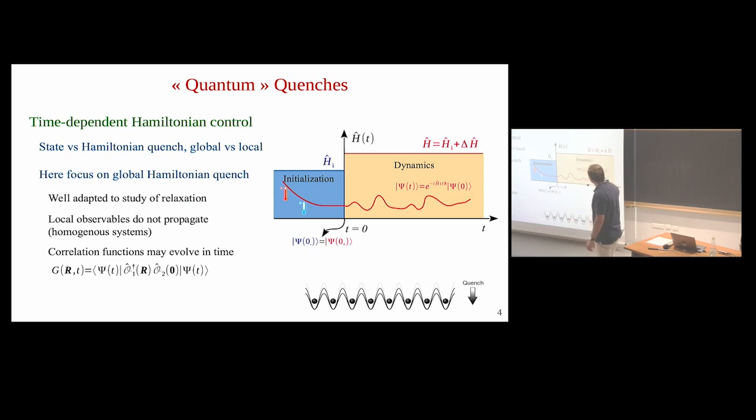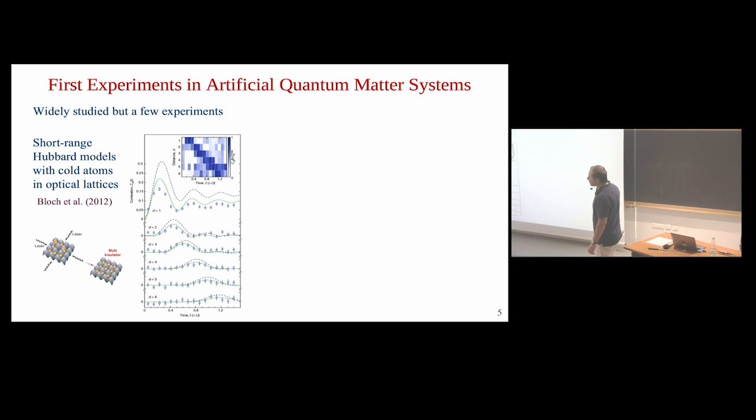So this is the kind of thing that has been developed, as I said, in cold atoms. Just to have an idea of the picture, you can imagine a Bose-Hubbard model, or any Hubbard model, that is realized by a periodic lattice with some atoms inside, and then you quench the amplitude of the lattice by changing the intensity of a laser, for instance. Okay, so there is rich physics. This is a problem that has been widely studied, but actually there are just a few experiments looking exactly at